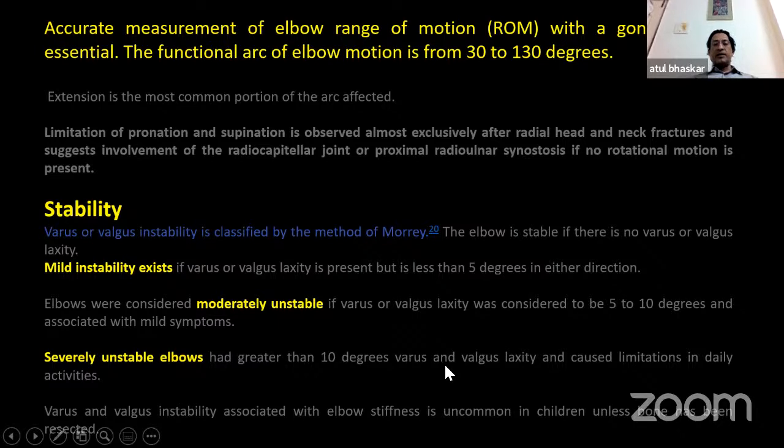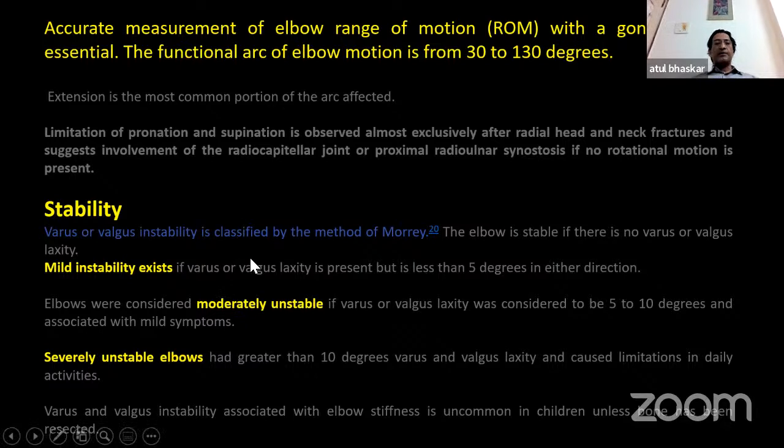Of course, to have laxity in an elbow, you must make sure that the elbow has got a good range of movement. So very rarely do you get instability with flexion, unless you've got a bony loss. If there's bone loss or bone resection has been done for a particular case, then only you can get instability with stiffness. Otherwise, getting instability and stiffness is actually contradictory. But the only condition you get is if it's a post-traumatic case and there's been a bone excision. So one must test, especially if there's radial head excision or radial head necrosis, you may get some